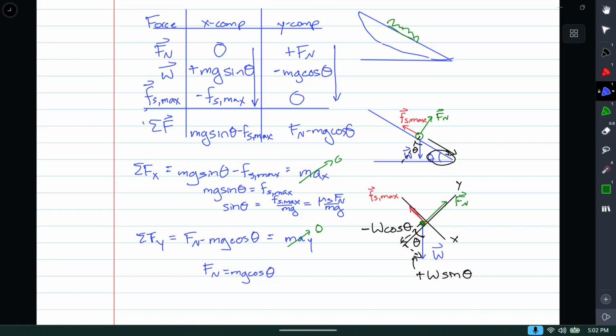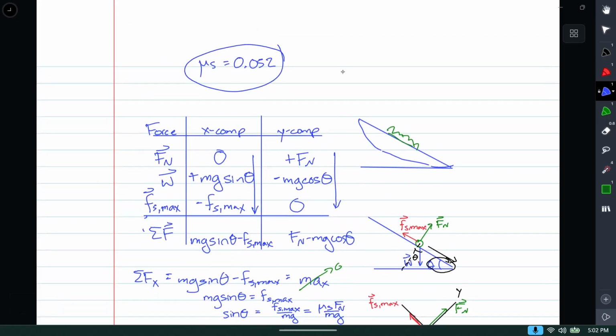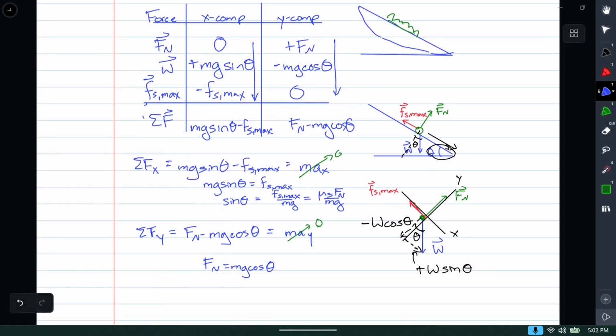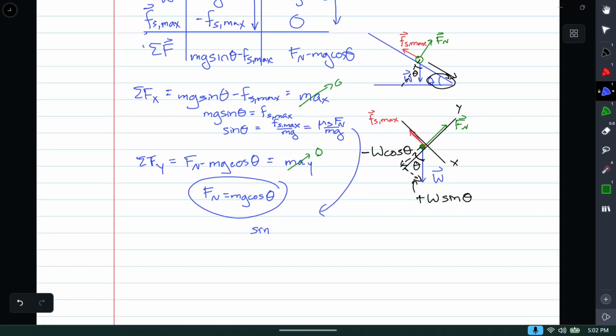And so I look at this and say, well, maybe that is a little better because they gave us the coefficient of static friction. But I don't know the normal force, and I don't know the mass. But wait, yeah, I do. At least the normal force part of this, I have another expression for it, and I can put that in here. So I'm just going to rewrite a little bit. Sine theta is coefficient of friction times, I can now put that thing in for Fn, mg cosine theta